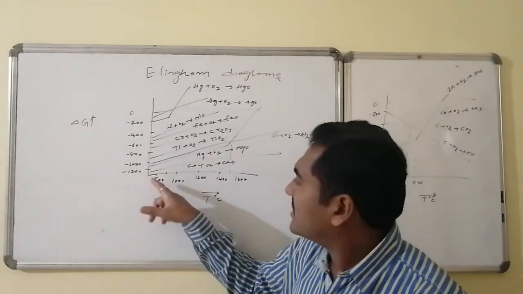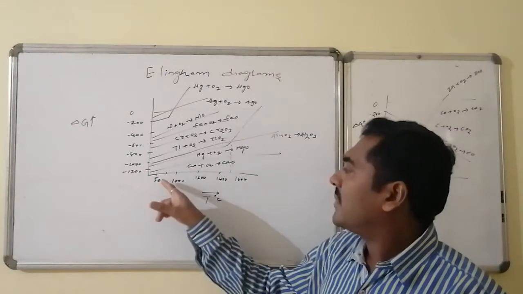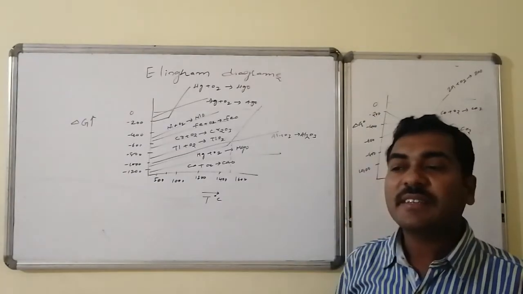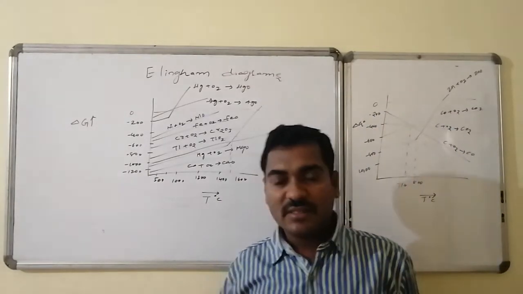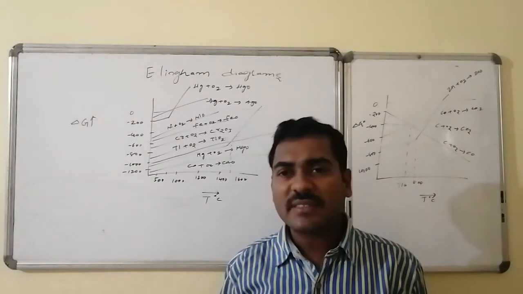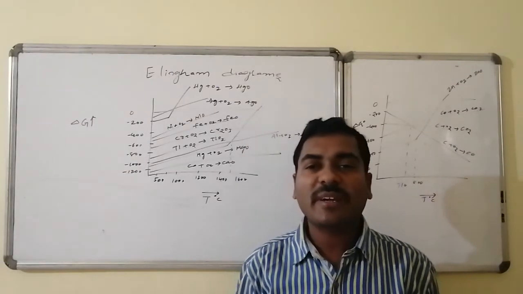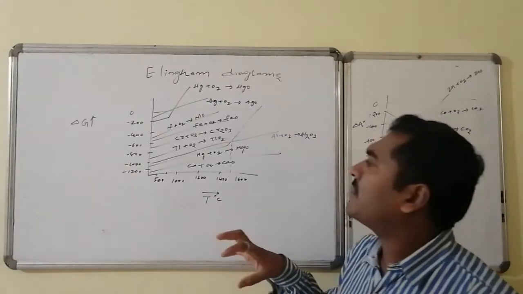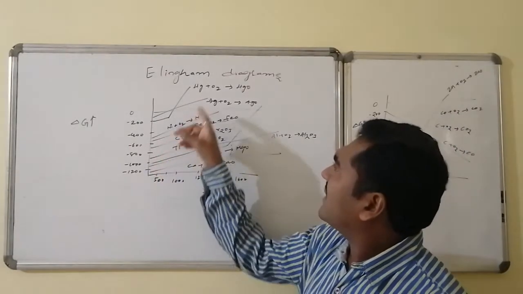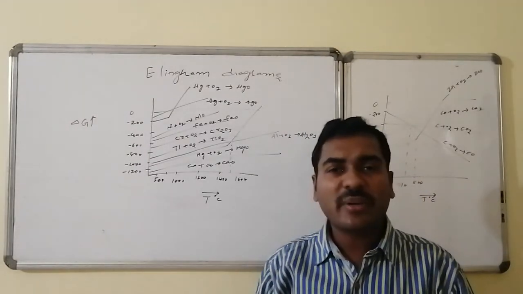Suppose I go for calcium. See, calcium maintains this much length as a straight line. Here in this case, at every temperature up to 1600 degrees centigrade and above also, it maintains negative delta G. This implies it is a strong metal, a more electropositive metal. Under the maximum variety of possible temperatures, even under high temperature conditions, the metal combines with oxygen and that leads to the formation of metal oxides. Whereas medium electropositive metals sustain formation up to higher temperatures, and for less electropositive metals like silver and mercury, oxide formation is possible under low temperature only.